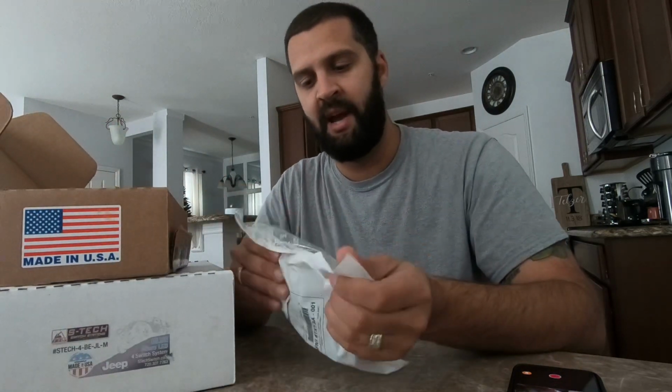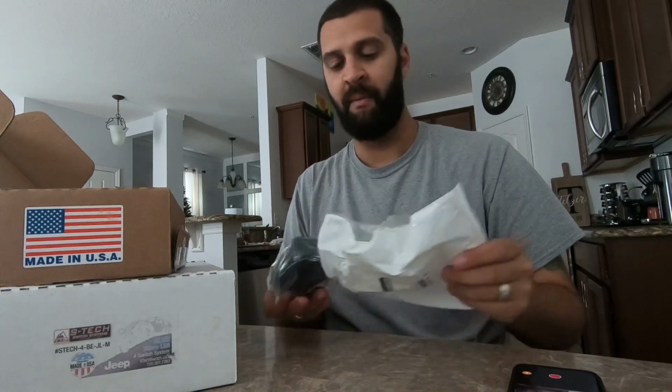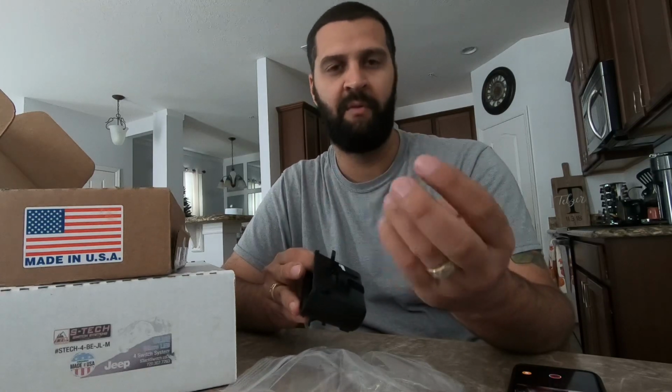Scott, thank you at S-tech, does make it so you don't have to go to your parts dealer and get these. He can get them all to you. But I'll go ahead and open up one of them. I ordered the 6 on the left. The 6 switches to the left one because they're the ones that are closest to me, and how I'm going to use them is 3 are going to be for my lockers, front, rear, and compressor,